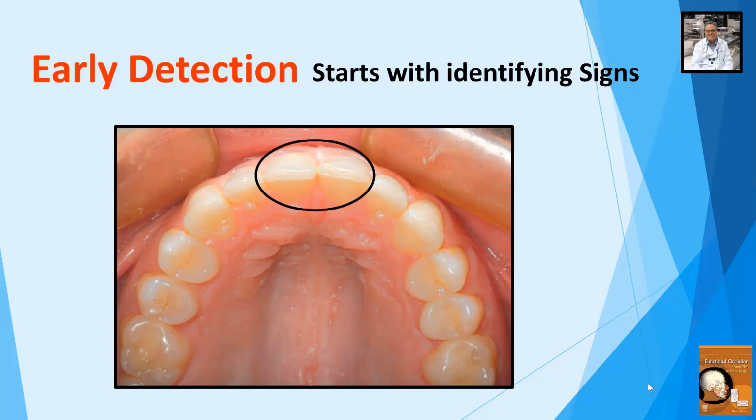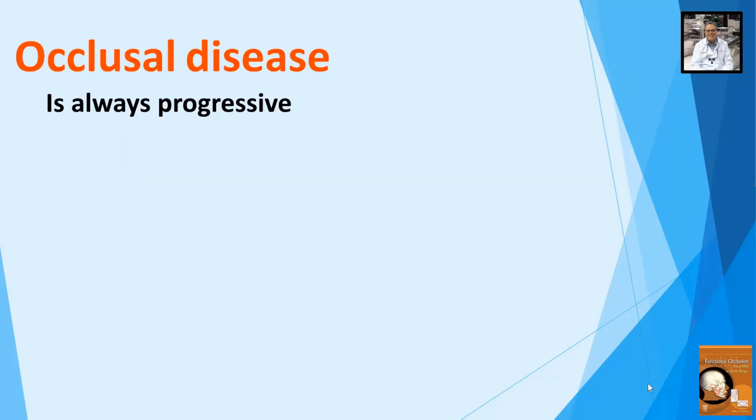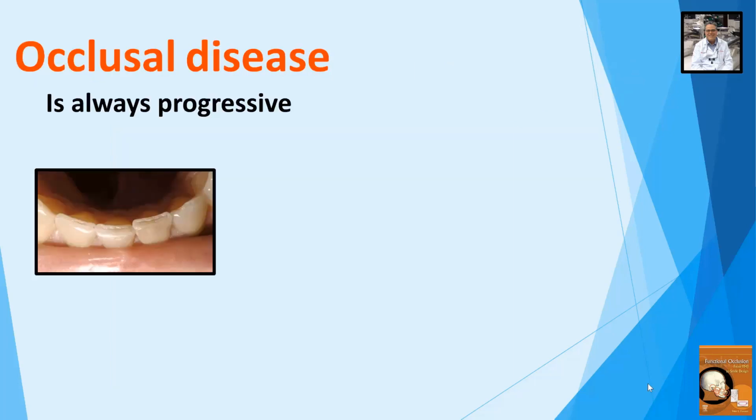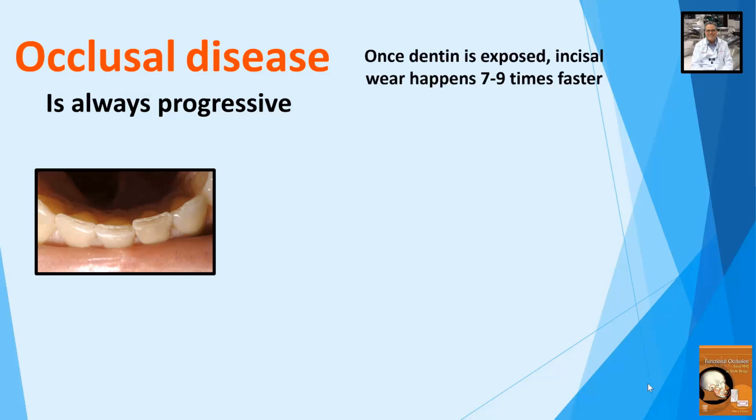Look at these incisal edges. Look at that, the dentin is just getting exposed. This is a young person. This is a person that might end up like that previous photo. Occlusal disease is always progressive. If we look at these incisal edges, we can see there's a little bit of chipping going on in the enamel. We can see that the dentin is exposed. And if we go a little bit longer, once dentin is exposed, incisal wear happens 7